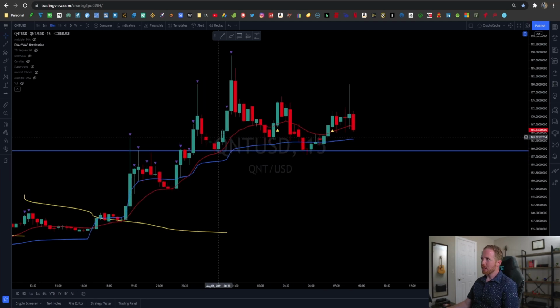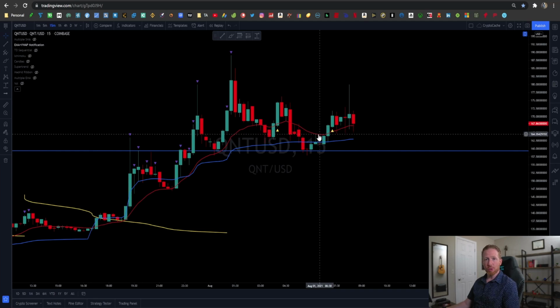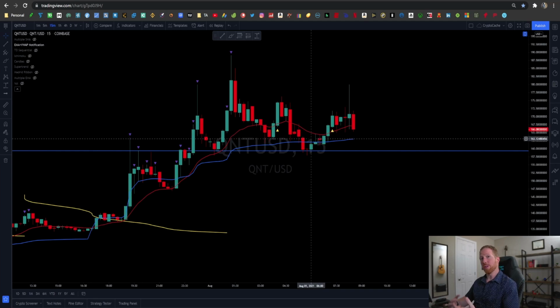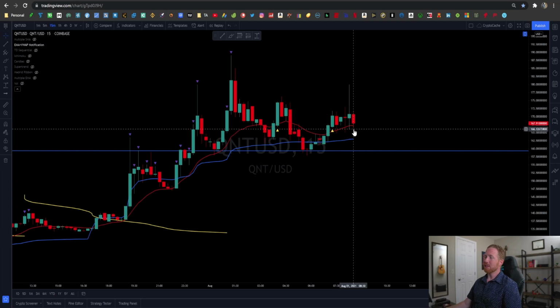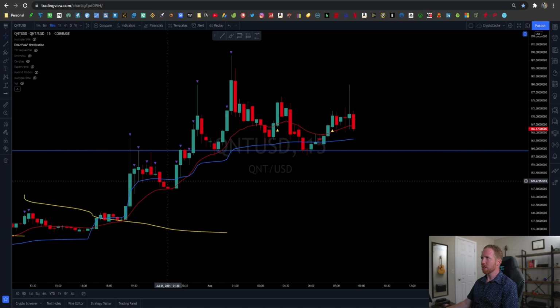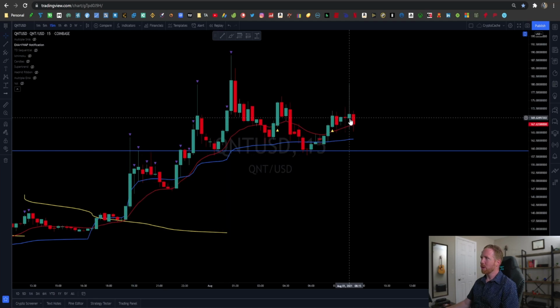The EMA is the exponential moving average. I use the EMAs on the shorter time frames. It makes more sense because it responds quicker to price action. And the 15 is my favorite because it's just splitting the difference between the 9 and the 20. So taking that average essentially tells us that we're in a bullish trend, but right now we are in consolidation,